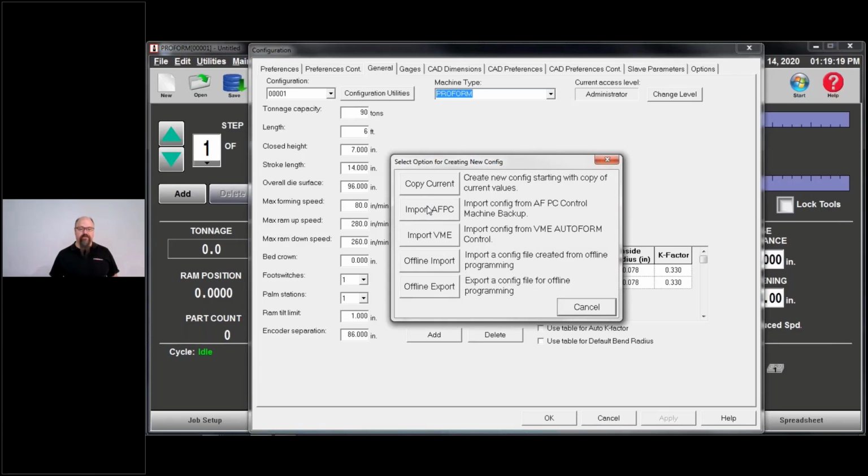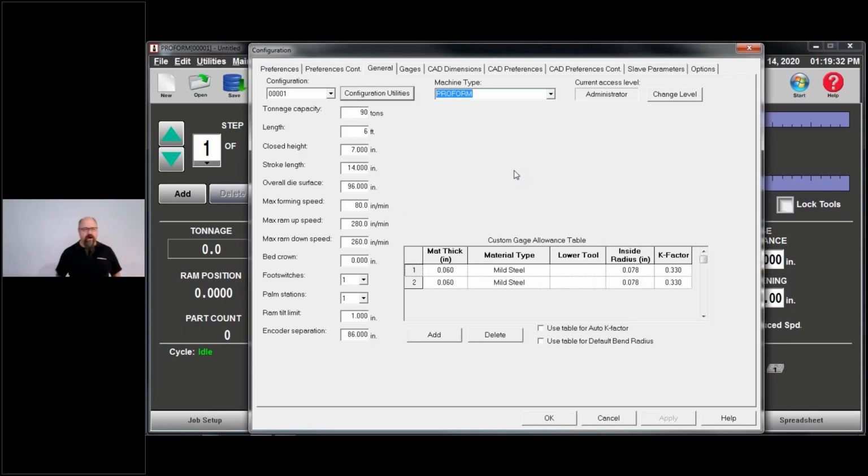Import AFPC. If you are at the machine, you can export, but I find it's just easier to go into the Windows menu itself and look up the items from the Windows menu itself. And again, if you have questions about how to do that, I do have an offline form. We can go over that offline. I can email that out to anybody who's interested in that.